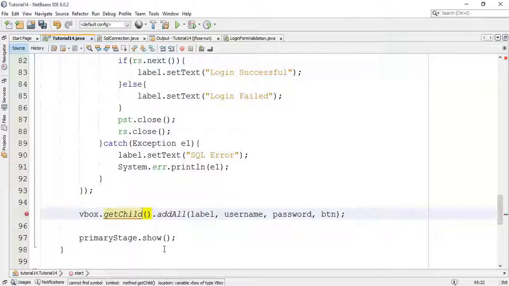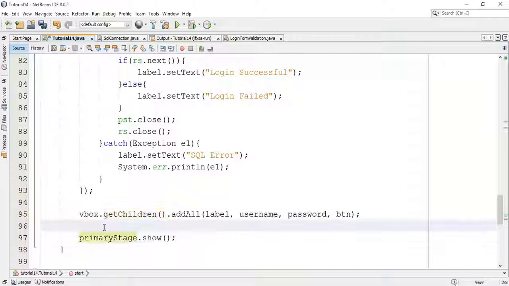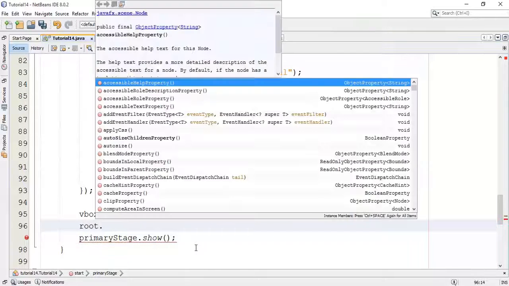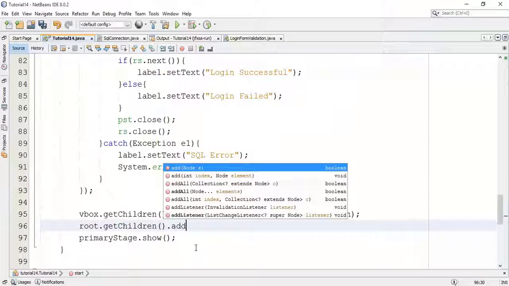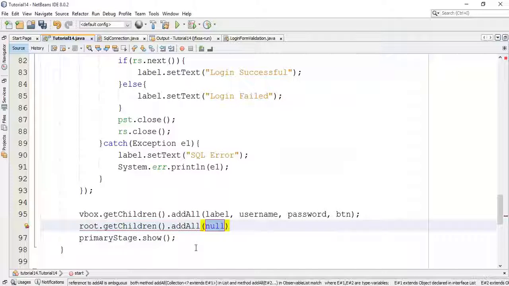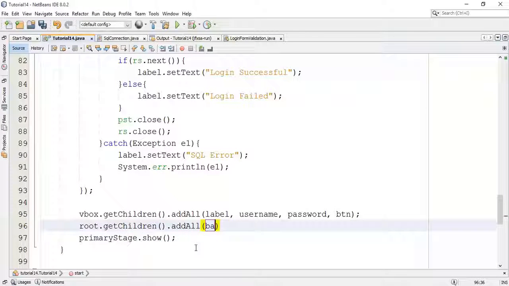Spelling mistake. Next, add this VBox and background to the root element. So root dot getChildren dot addAll, background, comma, VBox, semicolon.